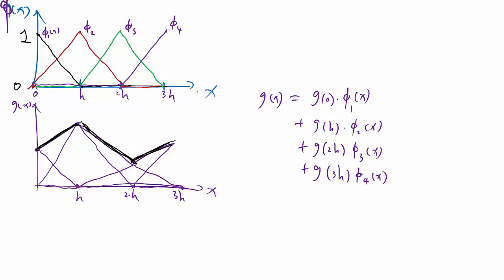Any function g within that finite dimensional space can be represented by a finite number of floating points in my computer, right? Because I only need to store the value of the function g at these grid points. And that sounds similar to finite difference, but actually the meaning of these numbers are completely different. In finite difference, we are just storing the value of the function at the grid points with no idea of what lies in between these grid points. And in finite element, after we store the function value at the grid points, we know exactly